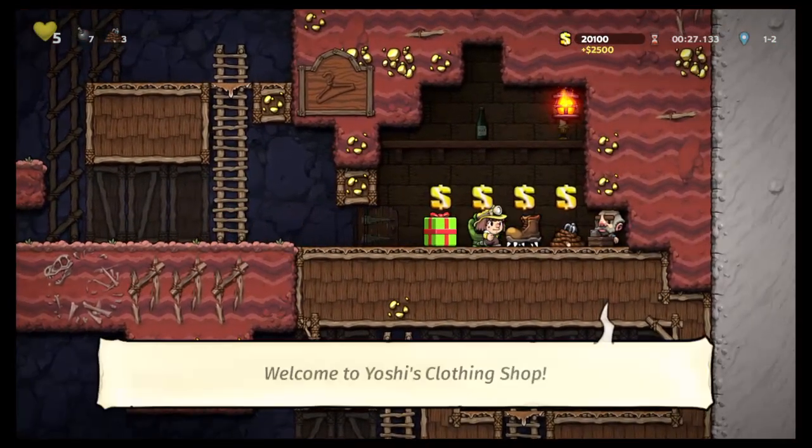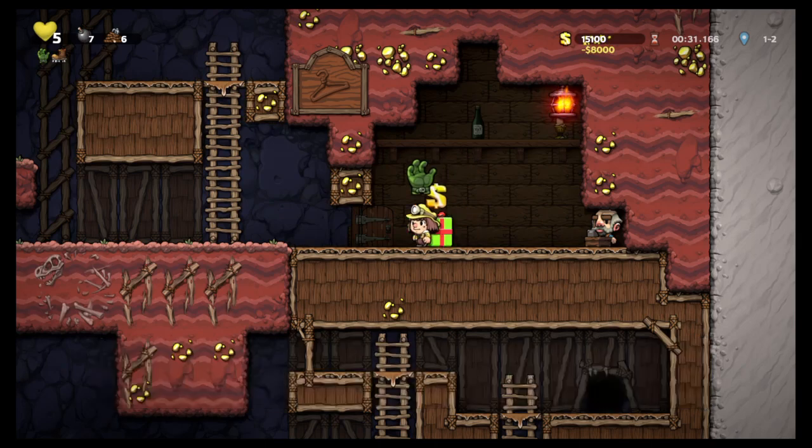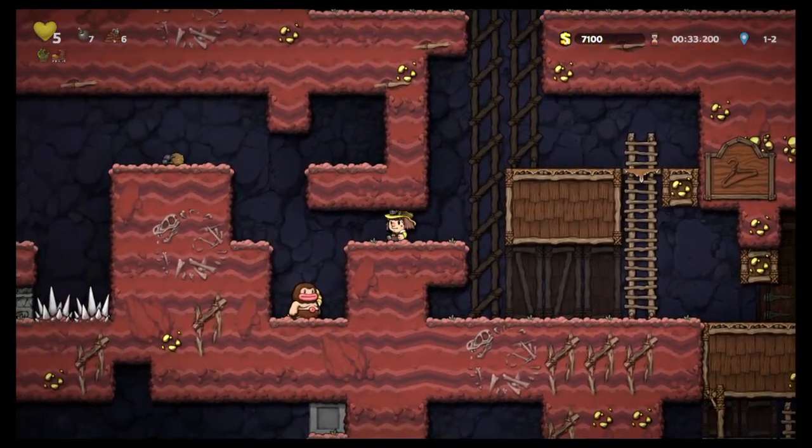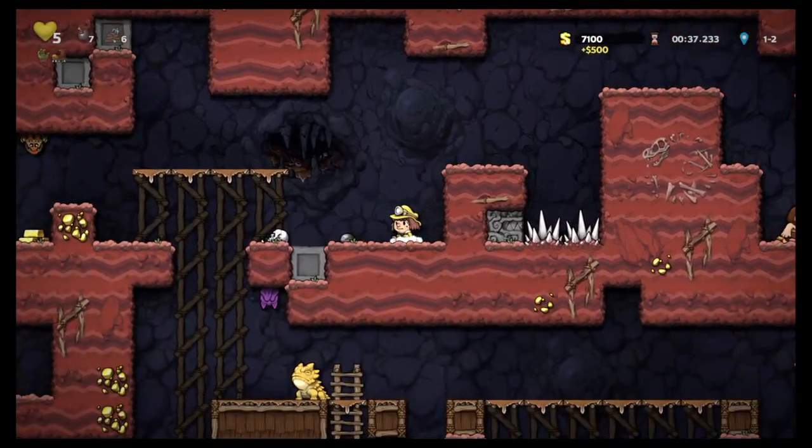Okay, let's see what's going on in here. Spike shoes, I love spike shoes, and I love the ropes. And I'll get the climbing gloves as well. I'm not going to worry about the present for now. And I'm not actually going to jump on those guys unnecessarily,